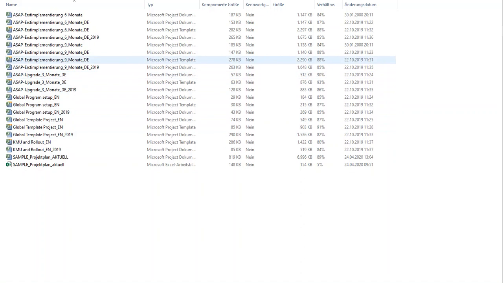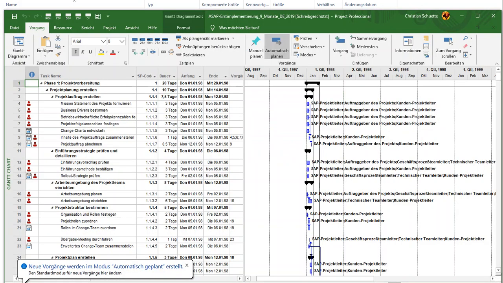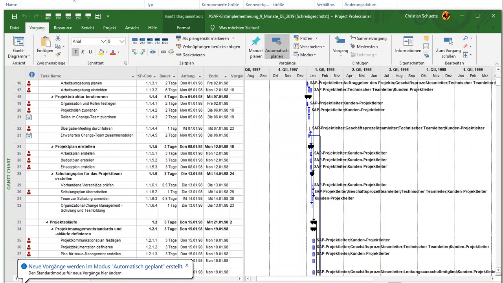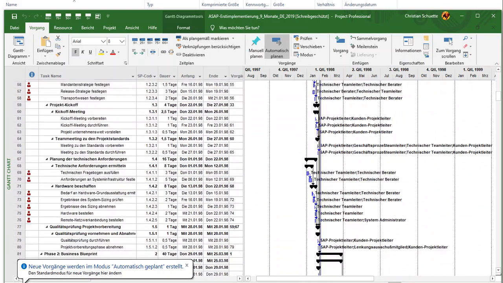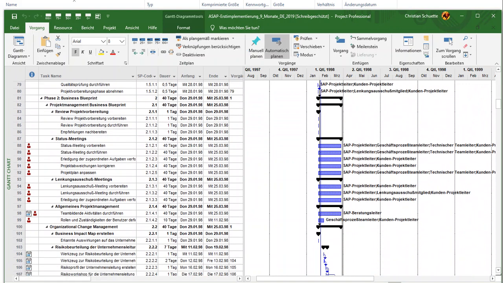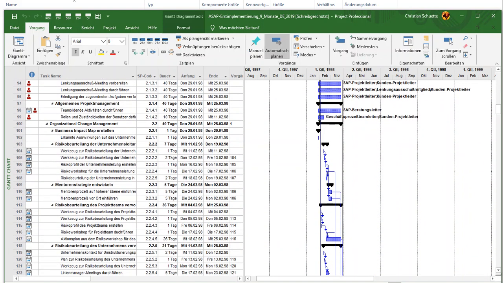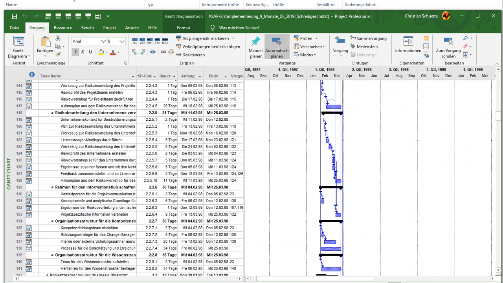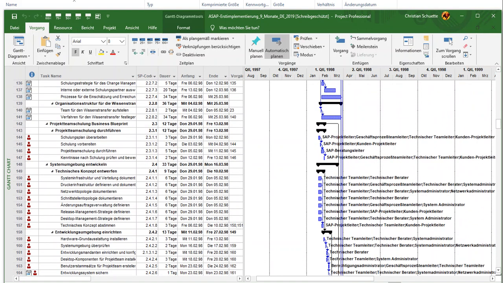So we are taking this template and putting our major milestones from the Excel in here and adding all the necessary steps